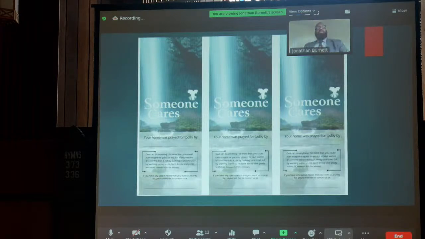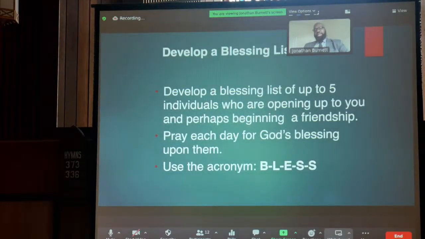So the first day we went and we prayed. The second day, we went back, we prayed again, but we left the door hanging. Again, in your small group, that might be the second week, or if you do it every other week, the week after that, right? The first time pray, second time go and leave the door hanging. The third time, we went,